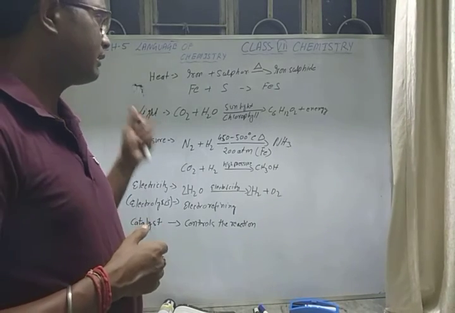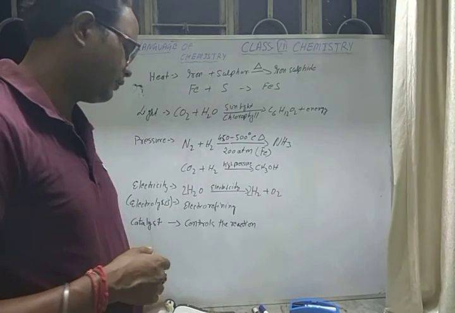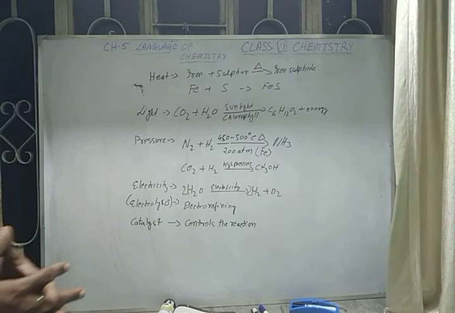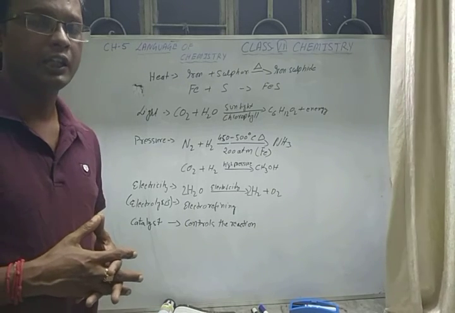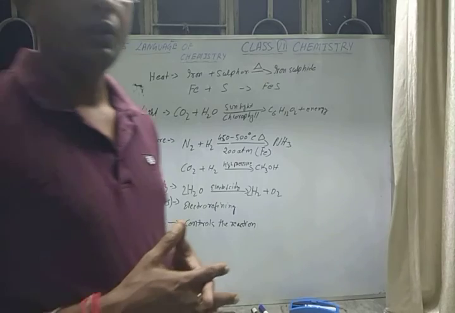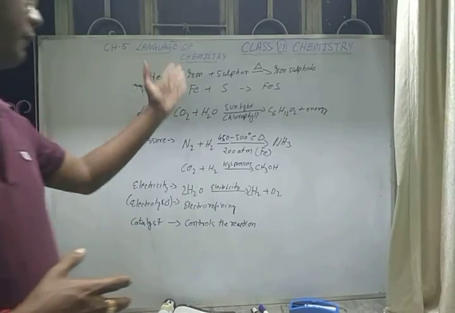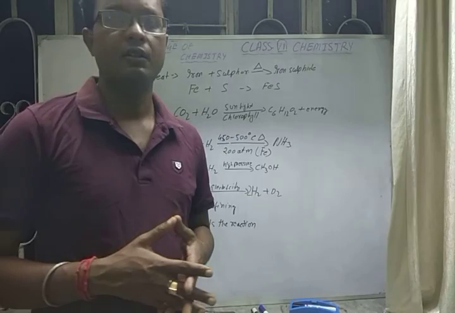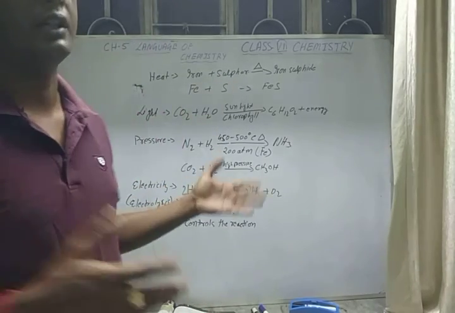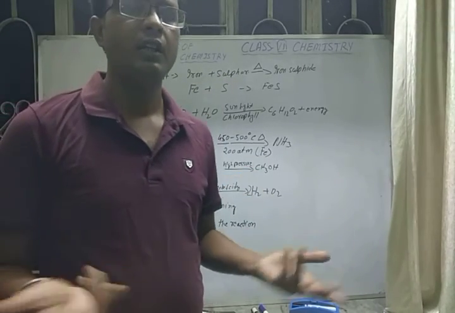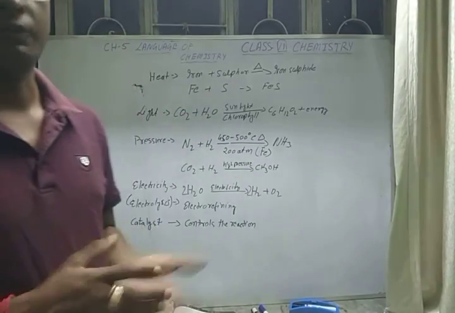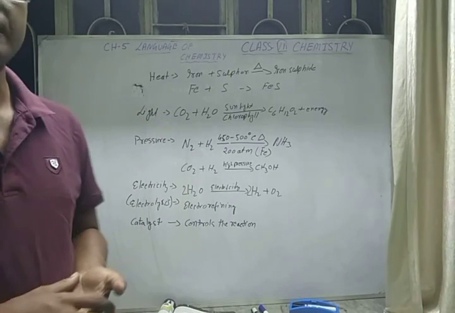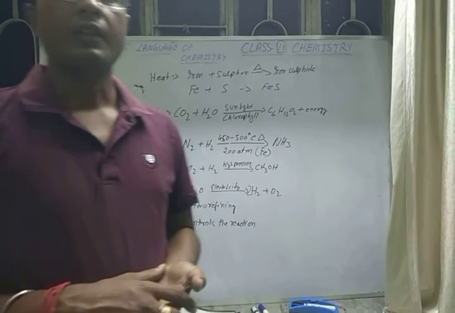So these are the conditions we have seen in today's video, which are required for a chemical reaction to happen. If you follow this, you can do the chemical reactions. Or sometimes we don't need to follow this also. When they come in close contact, they react with each other, but not always. I hope you have understood these conditions for chemical reactions, students.